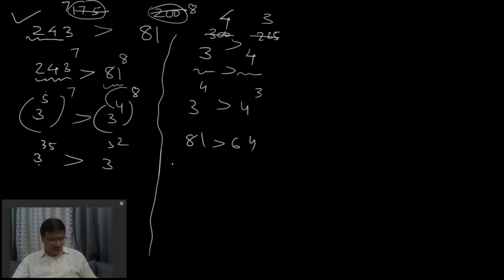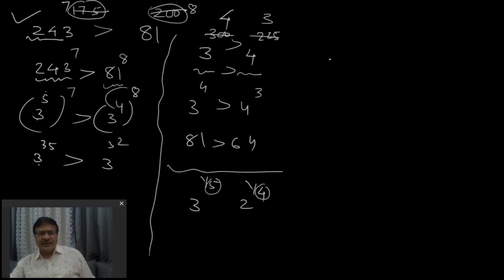Okay. Now, one more problem, you see, please. That is something different: 3 power 1 by 5, then 2 power 1 by 4. Now in such problems, what to do? Make these denominators the same, 5 and 4. Okay, what is the LCM of 5 and 4? That is 20, right? So 3 power 1 by 5 and 2 power 1 by 4. Make the denominator of each one 20. So for that, what do I have to multiply? 4 by 4. What do I have to multiply? 5 by 5.